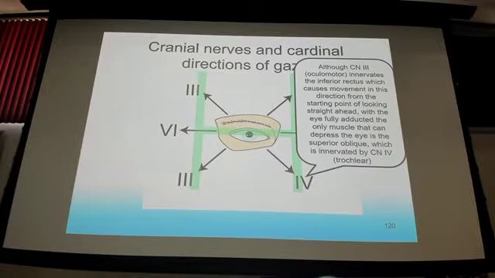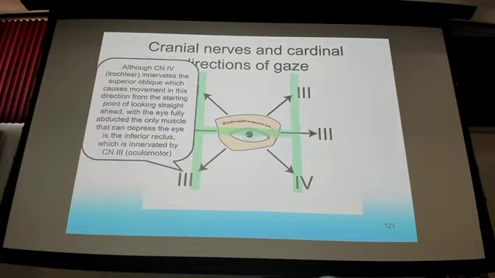If you look at cranial nerve 3, which innervates the inferior rectus muscle, from the point of looking straight ahead, but when you have the eye fully abducted first, now that's going to be superior oblique that moves the eye down and in. If you go to the next, cranial nerve 4, superior oblique, causes the movement from the position looking straight ahead to depress the eye, but when the eye is fully abducted, the only muscle that can do that is inferior rectus, which is now cranial nerve 3. The last thing, and then